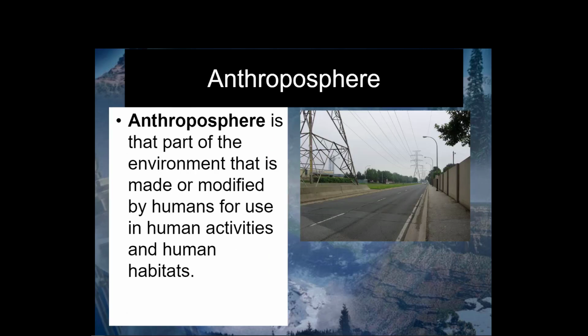The last sphere to mention is the one that we'll be focusing on a lot within this course, which is the anthroposphere. This is the sphere that we humans have created when we've messed around with the Earth's other spheres. We have changed the Earth's other spheres so much that scientists now have decided that the time period in which humans have been messing around should be given its own geological time period, which we're going to be calling the Anthropocene. And we're going to be talking a lot more about this in the next section.